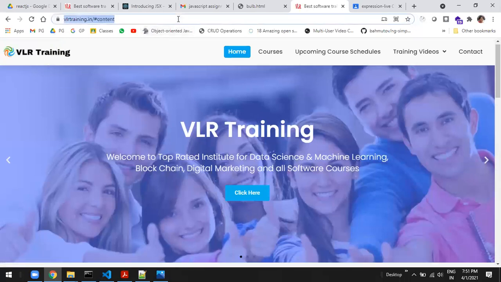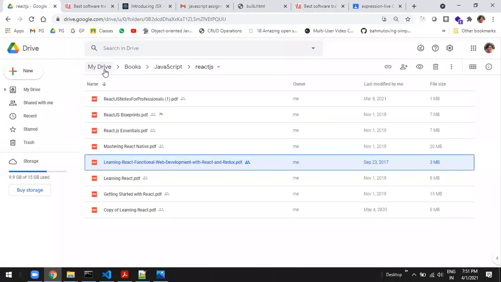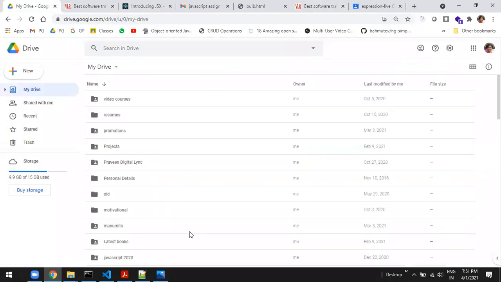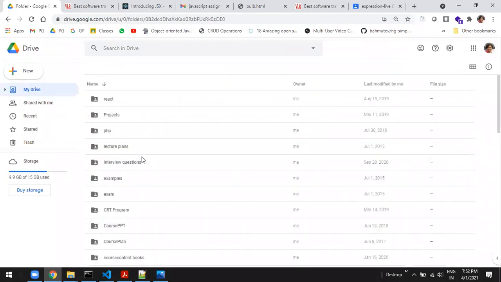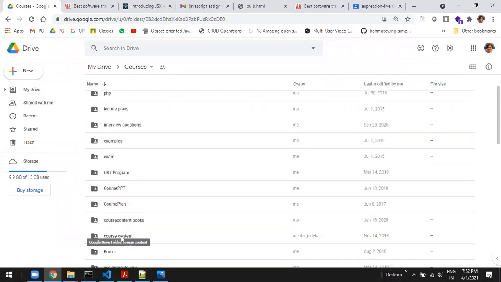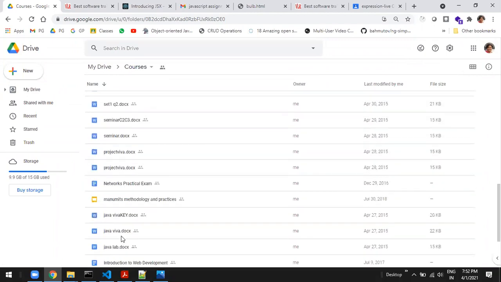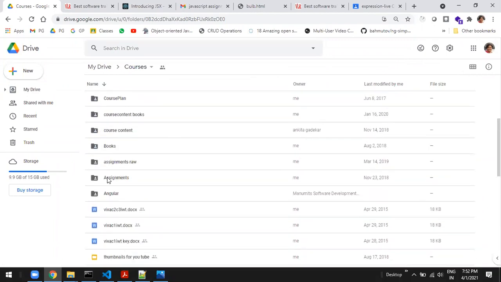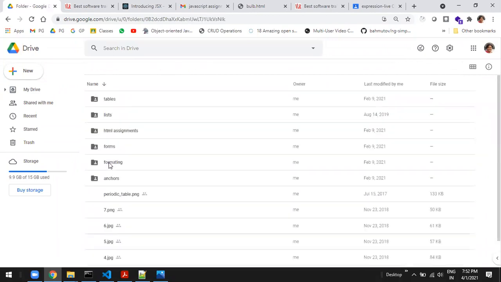What do you mean by assignments? So let me go to my drive. Courses, and, yes, assignments. So in these assignments, you have HTML assignments based on each and every aspect.